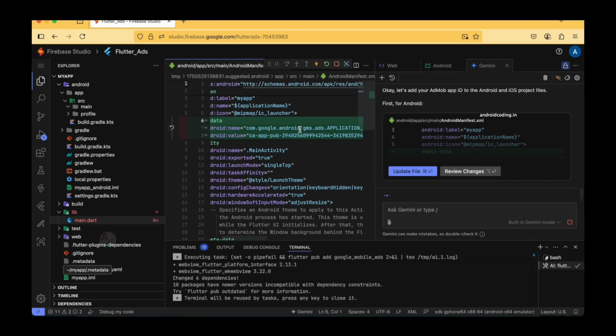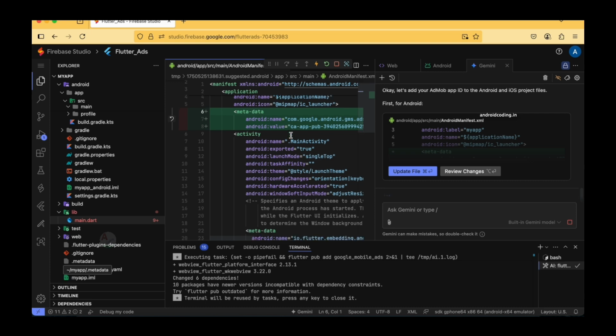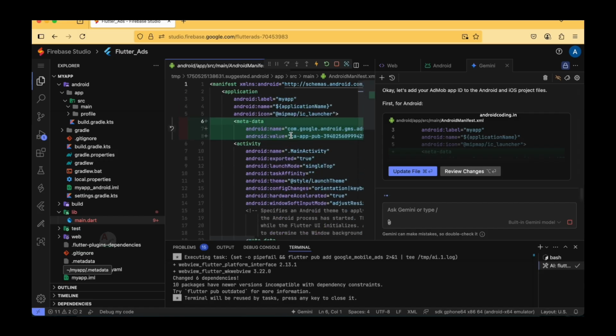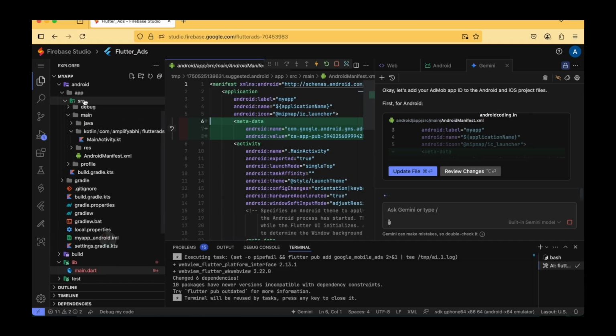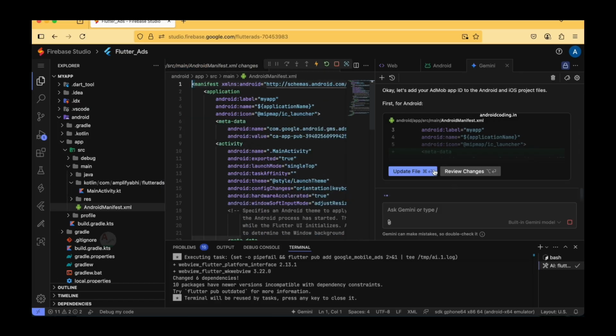Now here you can see it is trying to add metadata to our existing Android manifest file. And where is the Android manifest file? If you are not aware where this particular file is, here you can even see the folder structure available, and here under the Android app source and main, you have your manifest file. Here you have your Android manifest file. And okay, let's try to update the file now,